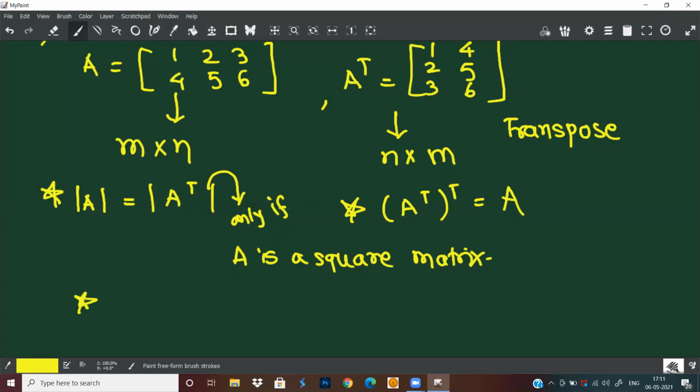Rows and columns are interchanging. Yes. 4, 5, 6 first column. No, no, no, no, Rutuja. First row becomes first column. Second row becomes second column. You cannot write first row as second column. Got it? Otherwise, if you think about it, the value of the determinant will change in the sign,